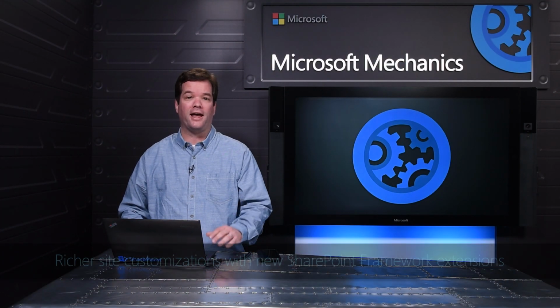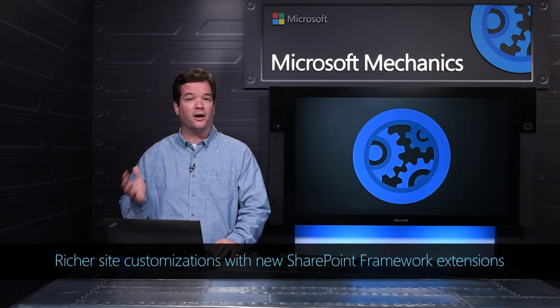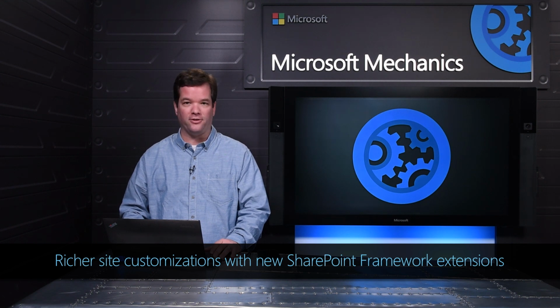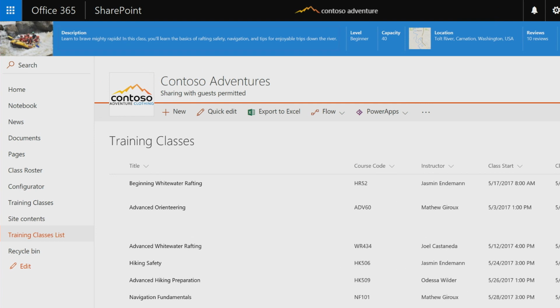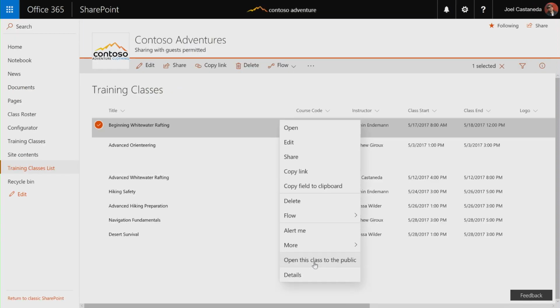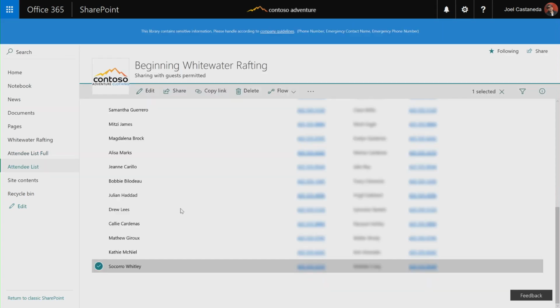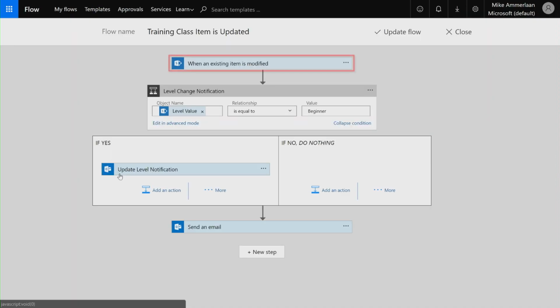Coming up, we'll take a look at updates to the SharePoint Framework with the introduction of new SharePoint Framework extensions that give you richer customization options, including a banner at the top of the page to support site metadata and notification scenarios for your SharePoint team sites, adding actions and custom fields within SharePoint lists, and we'll show how you